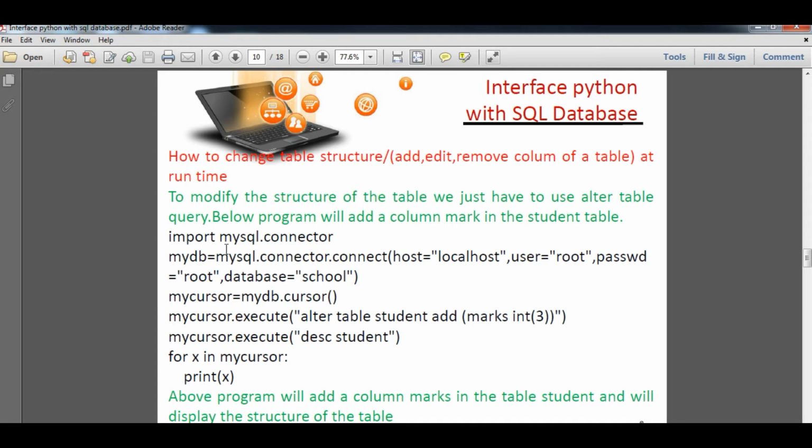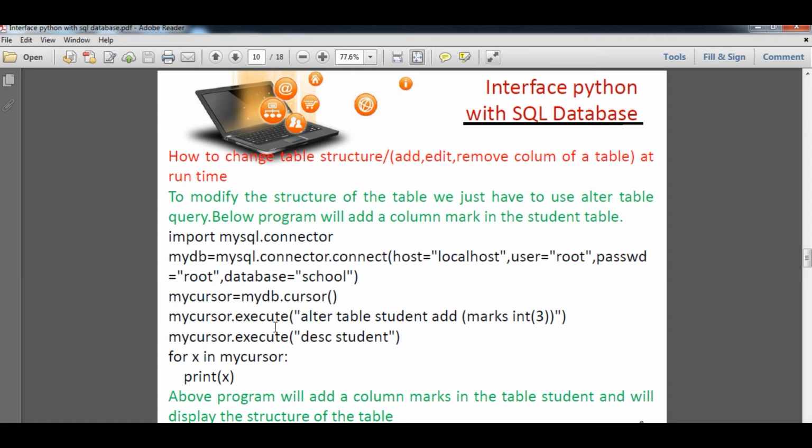So here import mysql.connector, and you type the connection establishment statement, mysql.connector.connect with host, root, password and database name. And after that you get the cursor command, that is mydb.cursor.